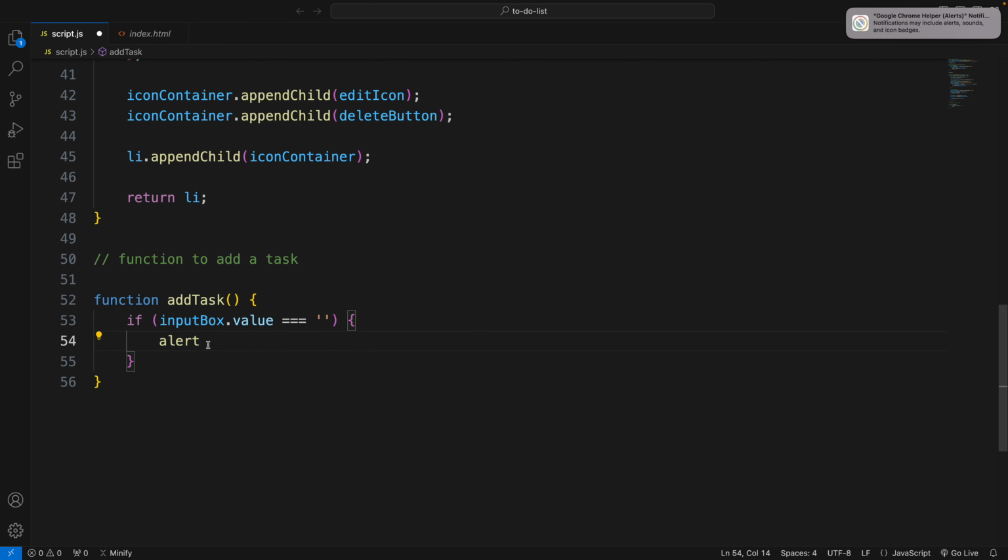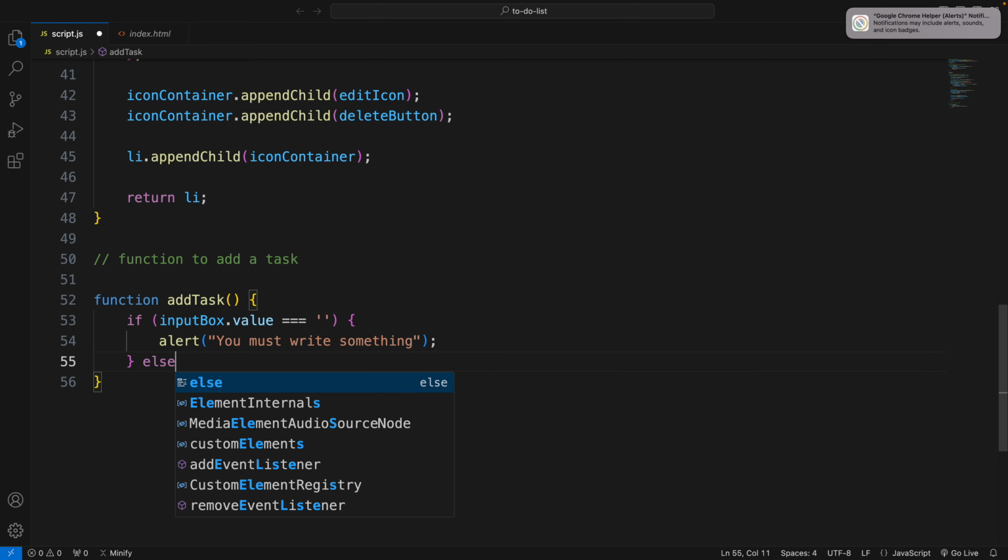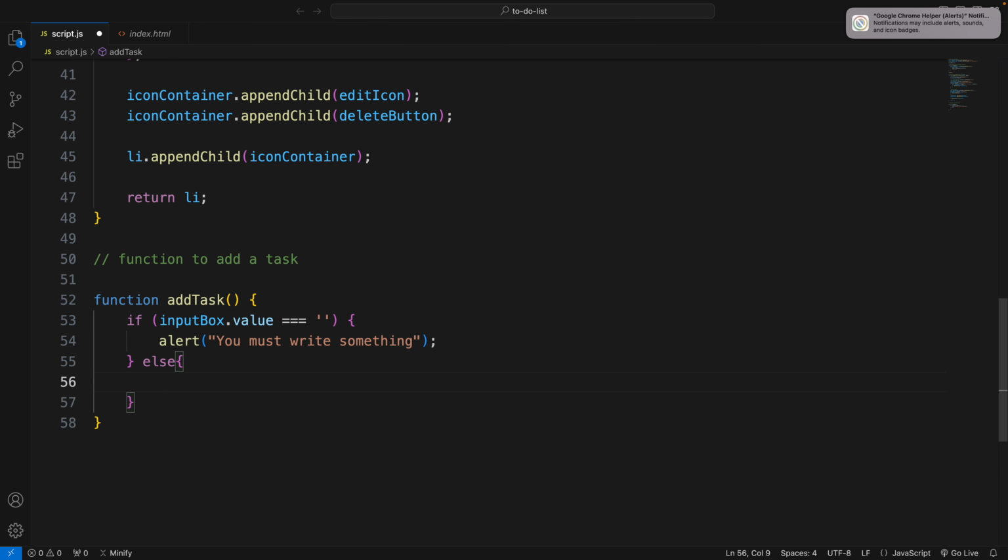In this alert, we want it to say, you must write something. There you go. And then, if anything else, like any other condition happens, that's why you don't need to specify the condition. So if anything else happens, we want